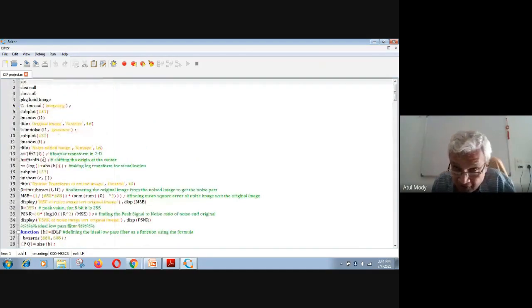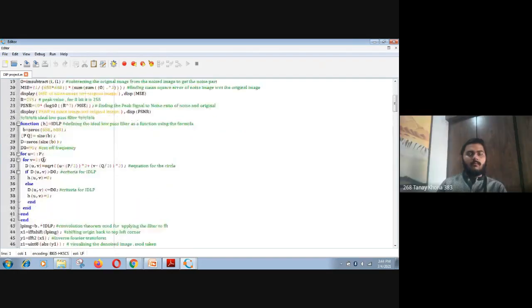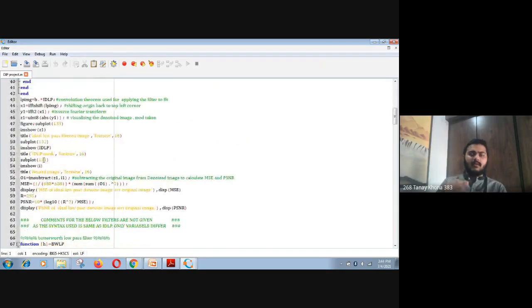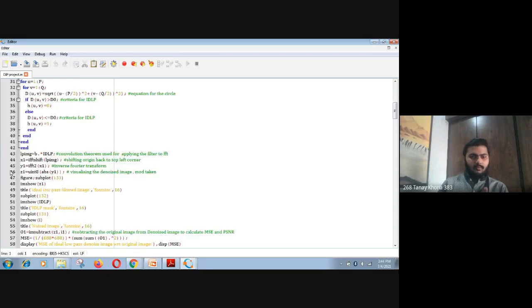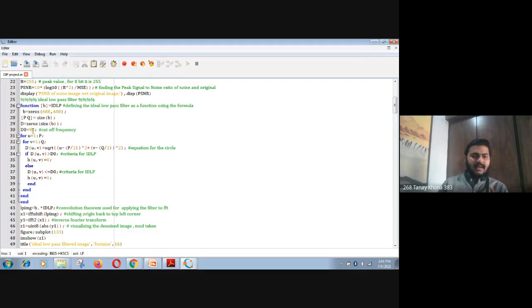What happens if you take the same frequencies? Nothing happens, sir, but for the image quality, we decided the cutoff frequency by trial and error. We tried a number of values, and the value for which we got the same result both qualitatively and quantitatively, that value we chose. We can keep it the same, but for low pass we have taken the cutoff frequency as 90. This might not give a good result for high pass filters, where the cutoff frequency needs to be a little higher.